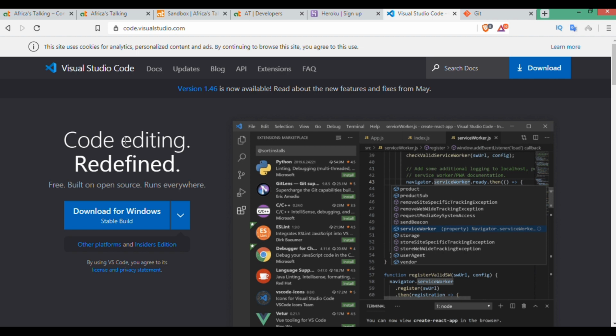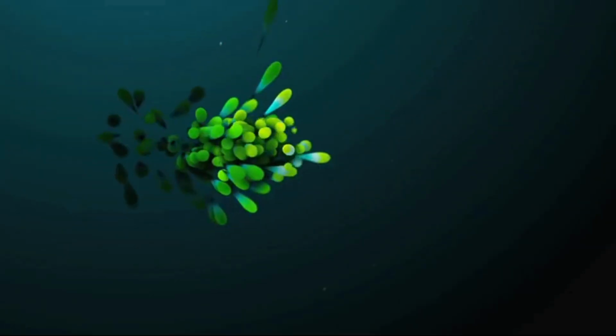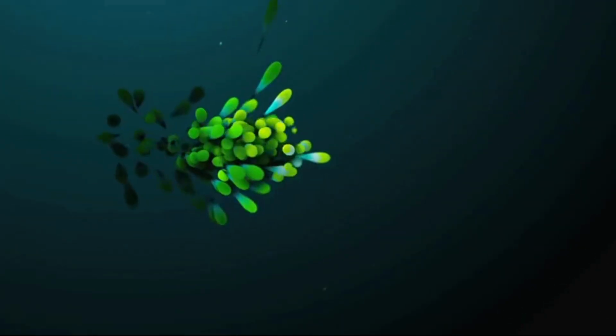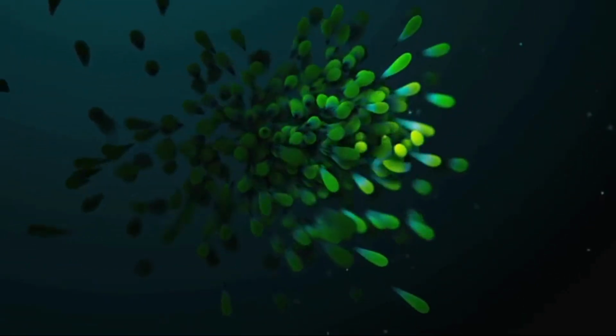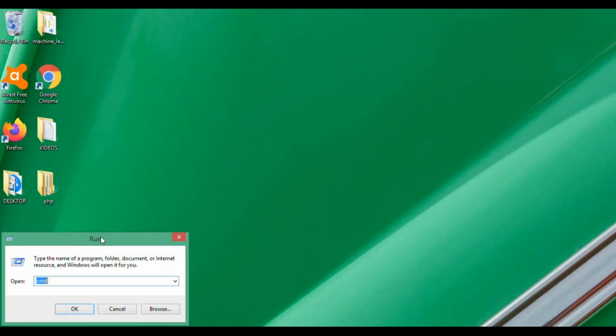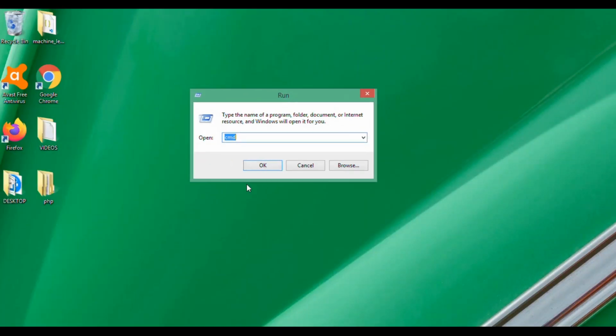So let's start this process. I'm going to demonstrate this using Visual Studio Code as my code editor. To open Visual Studio Code, you either have an icon on your desktop, or you can go to Start menu and click on Run. And then inside this dialog box, you type code space dot, then you enter. You're going to have the Visual Studio Code